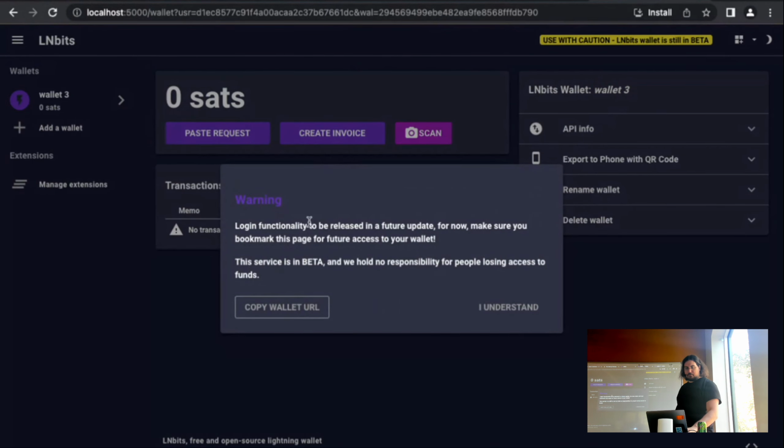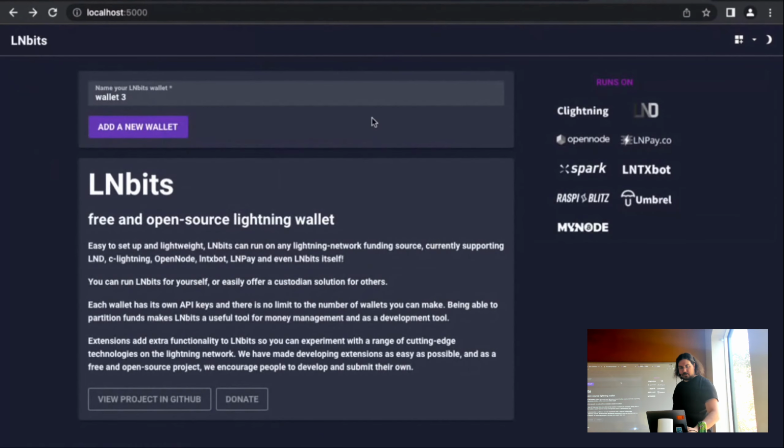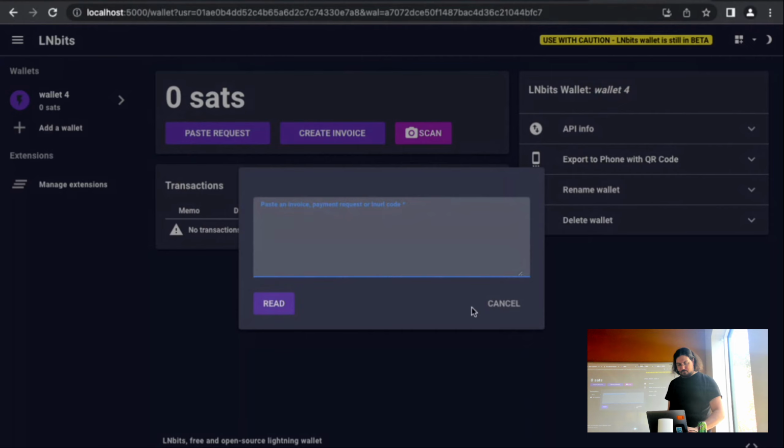It's got information reminding you to save your password, which is up there in the URL. We've got a little wallet here, and I'm going to make Wallet 4 just for kicks and giggles. We got another wallet. Now, if we tried to create a payment request here, sorry, wrong button,